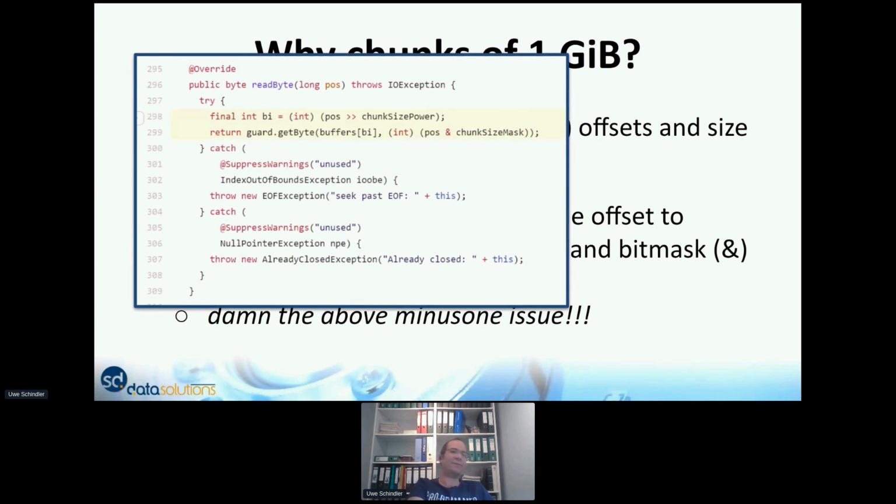We leave that to the Java APIs of the byte buffer. For example, if we are executing out of bounds, we are just converting that to an EOF exception. So if you're going beyond the buffer, we just stop it. But this only works if the byte we are reading is inside those buffers. Otherwise, you get one of those exceptions.